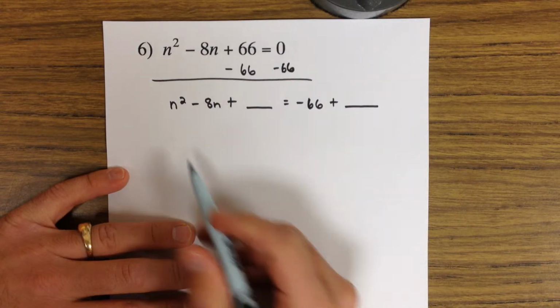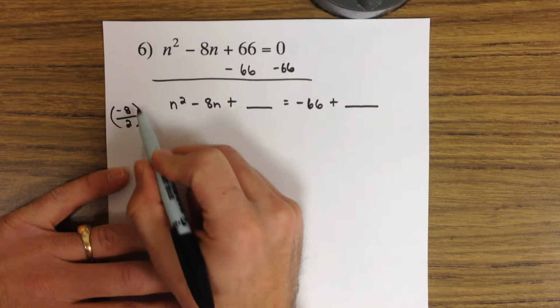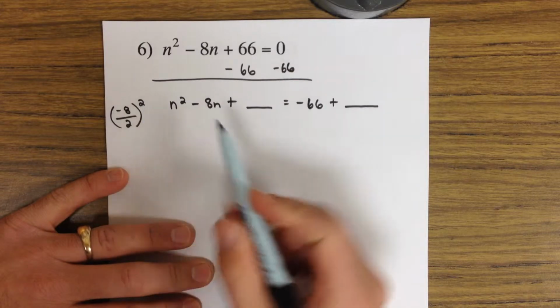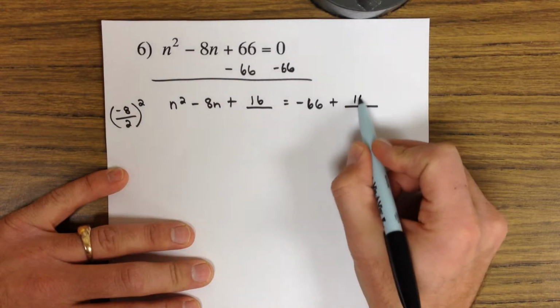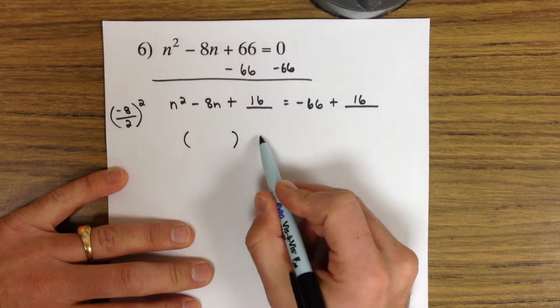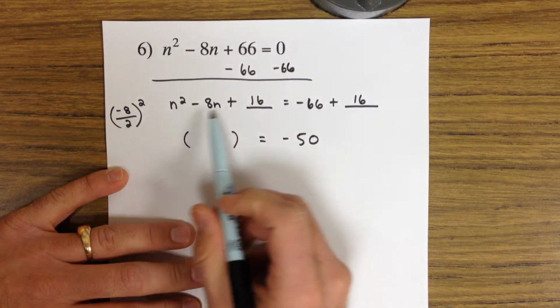So here we go. So half of b squared. Half of b is -4, squared is 16. I'm going to add 16 to both sides. Add those two together, you get -50. And in this case here,